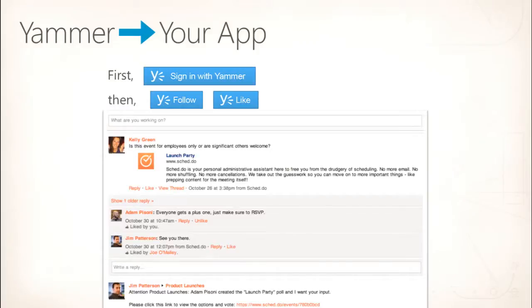First, a user can sign in with Yammer, even if they're already signed into your app, and your app can get all that useful profile information. And also, now the Yammer Embed widgets that are all over your pages know who that user is in Yammer. So if they post inside of your app, then the conversation is started both in your app and in Yammer. You can also embed follow and like buttons, like I mentioned,